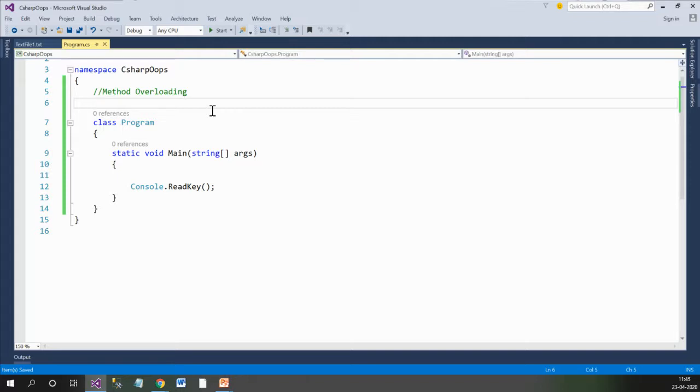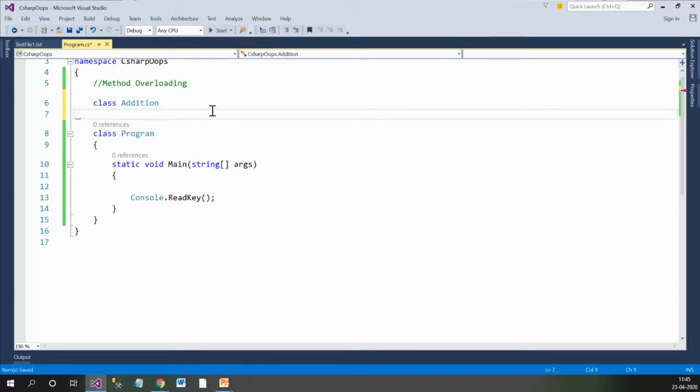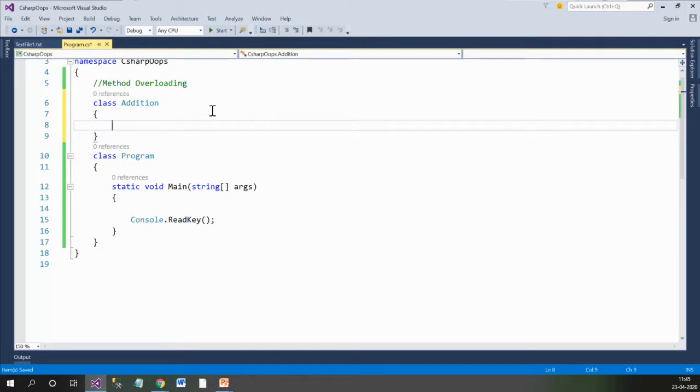addition of numbers. So for that, I'll create a class, say addition. Within addition class, I'll have say a private integer variable sum.